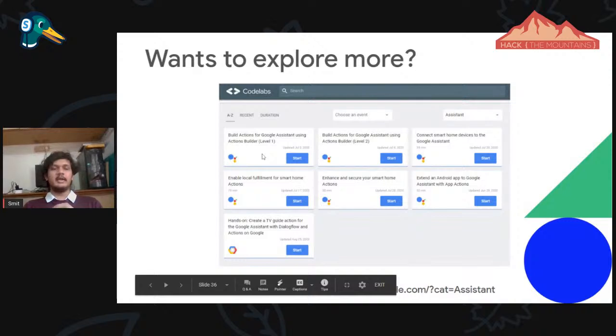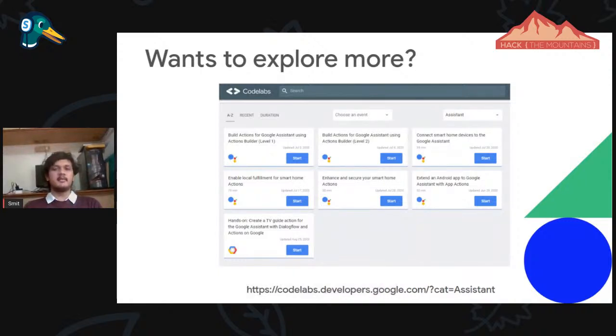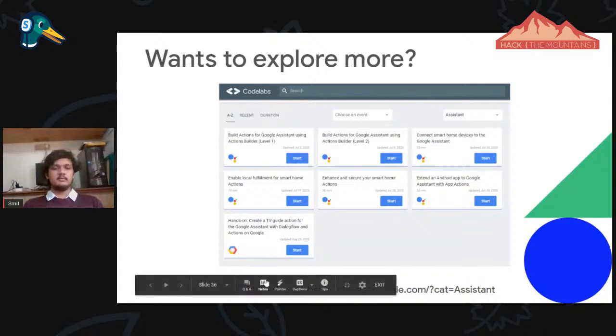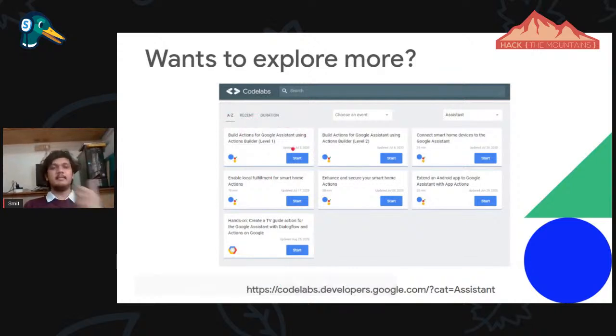So if you want to explore more about Google Assistant, you can move forward to the Codelabs, where you get information from A to Z, beginner to advanced.